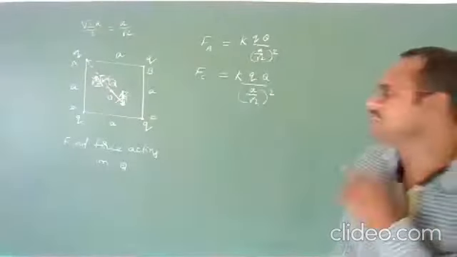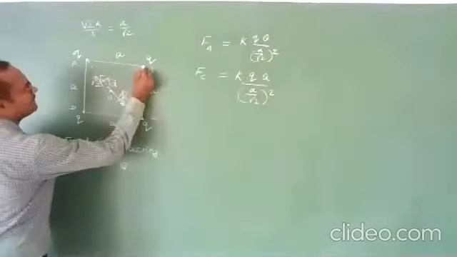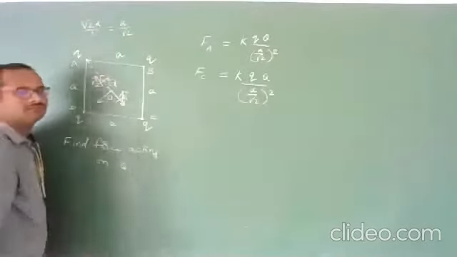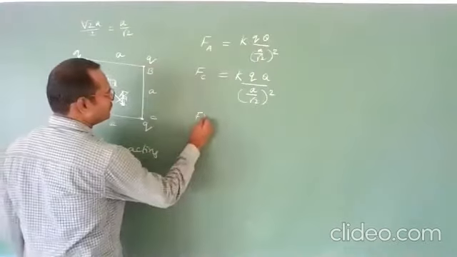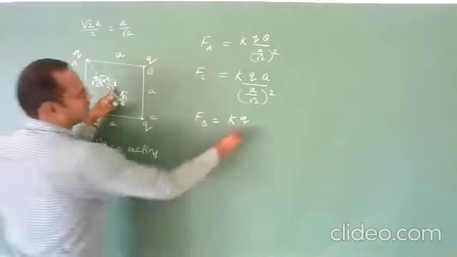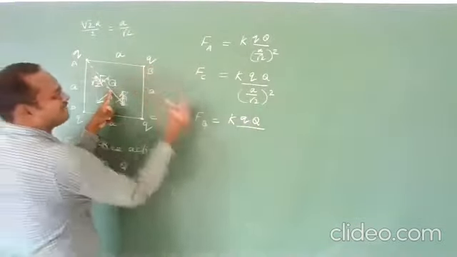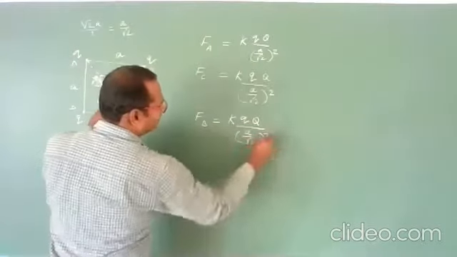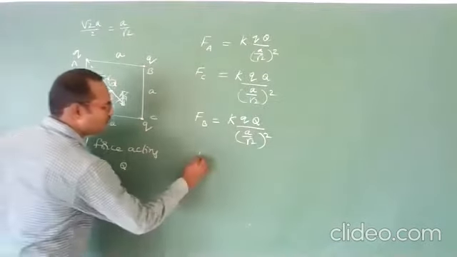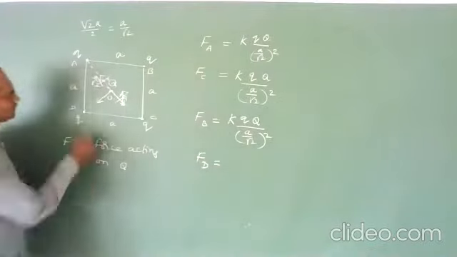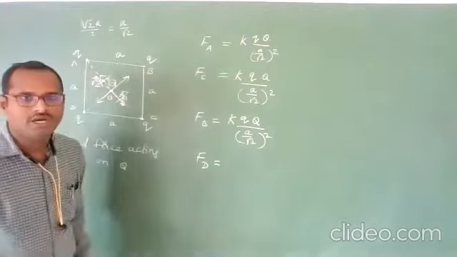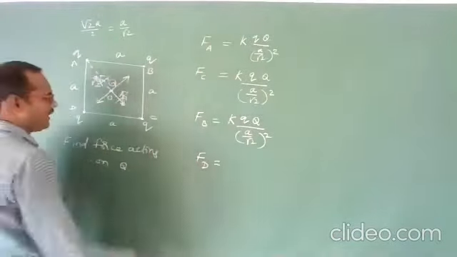Clear, students? Next, let us see the force due to the charge at B. Again, both are positive charges, repulsive force in this direction. How much is it? Force due to the charge at B is 1 by 4 pi epsilon naught, this charge into this charge, divided by the distance between these two, again the same, A by root 2 whole square. This much value, in the direction of BD. Now, the force due to the charge at D on this point O is also a repulsive force, in this direction, since all are positive charges.